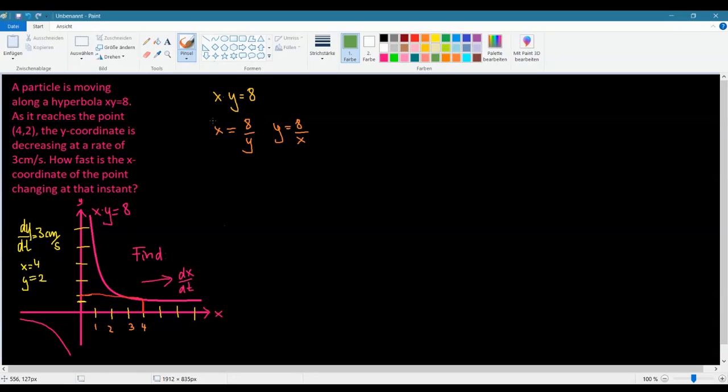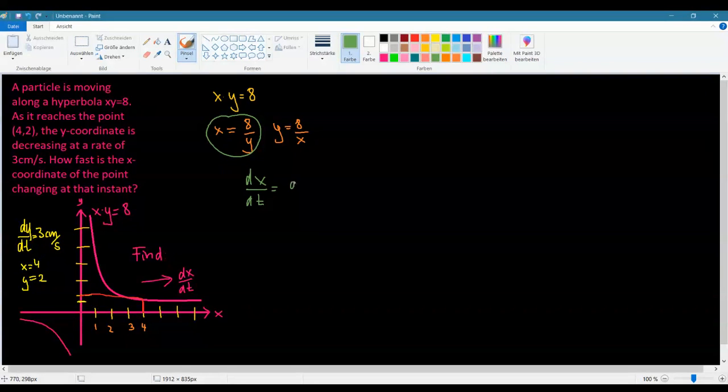And it turns out we really do want to use this equation right here because we're going to want to use implicit differentiation to get the rate of x, and it's already alone on one side. We don't even have to isolate it. So that makes life much easier, right? So we're just going to use implicit differentiation, and we're going to end up with the change in x over the change in time